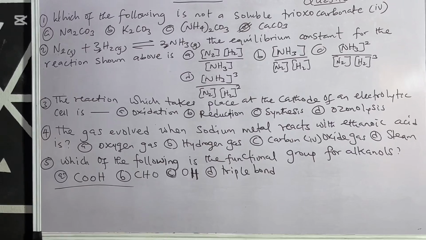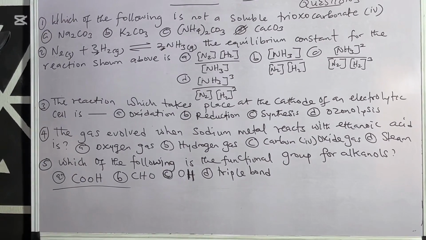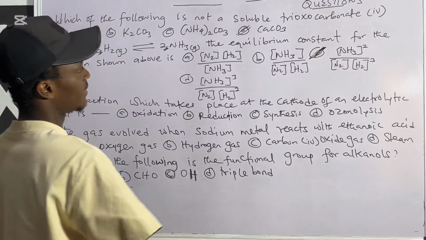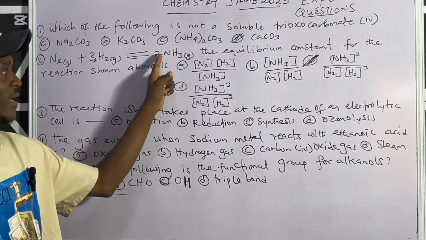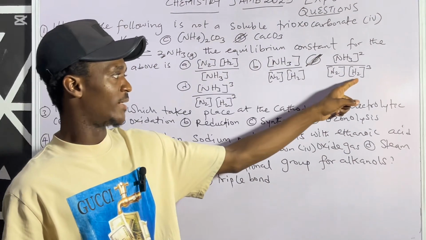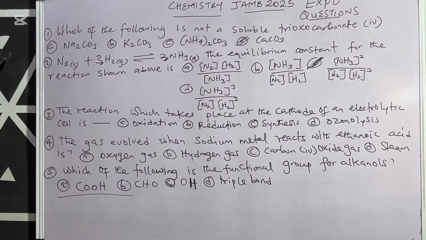Then the next question, question 3. So what did I get as my answer to that number 2? I think I obtained this guy, which is C, because I actually wrote this and I raised it to the power of 2, and then I wrote this 2, and then I raised the hydrogen concentration to the power of 3. So that's the answer to the question.